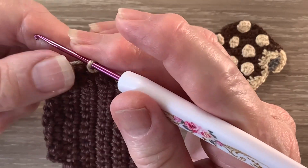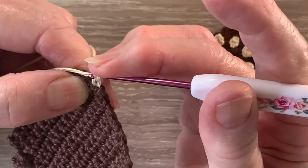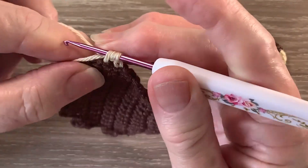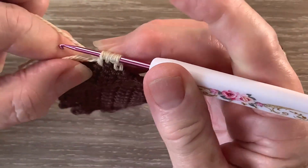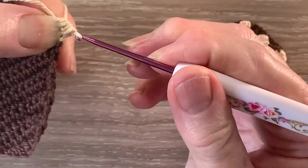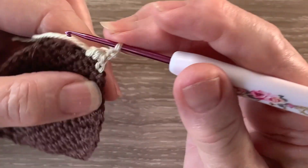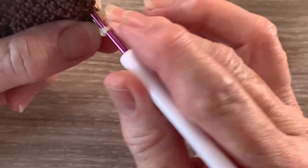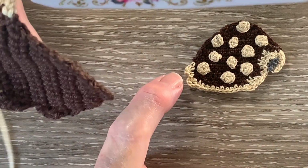Then I work a joined half double crochet over the following 2 stitches. So I put the yarn around the hook, hook into the next stitch and bring up a loop, then yarn around the hook, hook into the following stitch and bring up a loop, and then yarn around the hook and take my hook with the yarn at the end through all the loops. Then I work 2 chain and slip stitch in that same stitch as the last part of the joined half double crochet. That's just for that first little